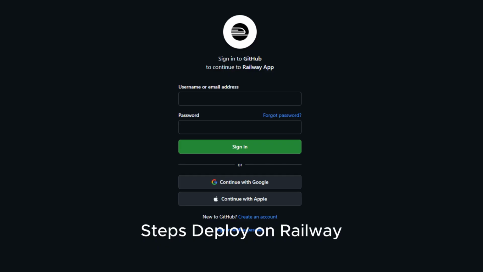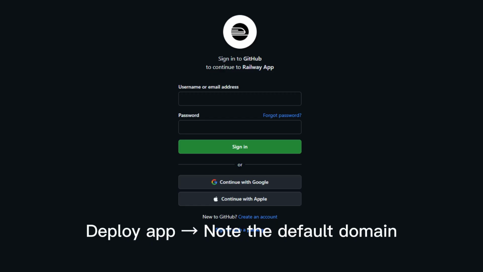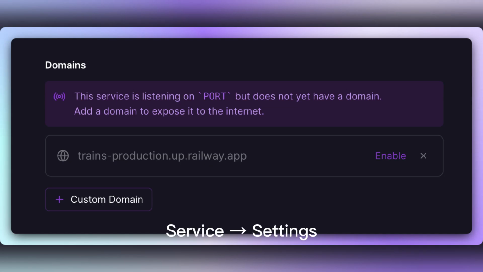Steps: deploy on Railway. Log in to the Railway app via GitHub. Select project. Deploy app. Note the default domain. Add domain in Railway. Go to Service, Settings, Domains. Add domain. Enter route and